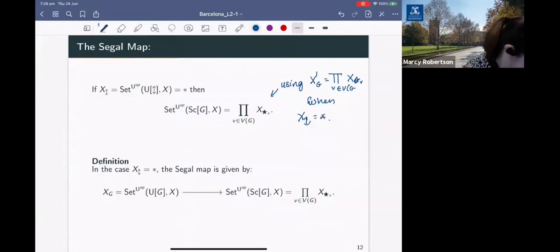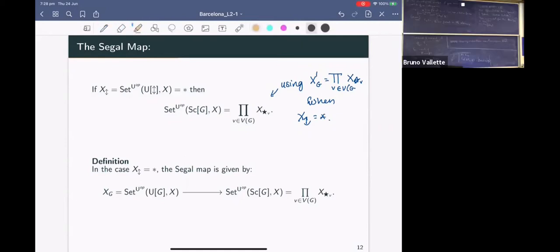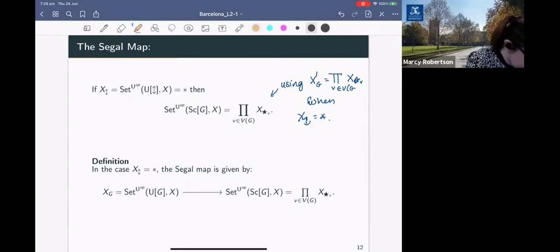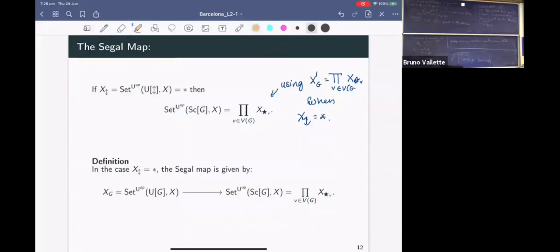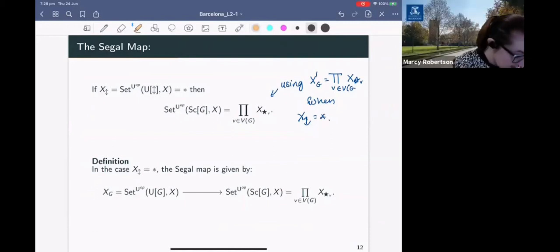When this is the point. So in this case, in our one colored case, the Segal map now looks like a map from X evaluated at G, which we've identified as the set of maps from the representable into X, into the product of the vertices, which we've identified as the maps from the Segal core into X. So our goal for weakening this is to replace this,